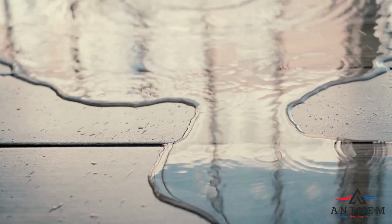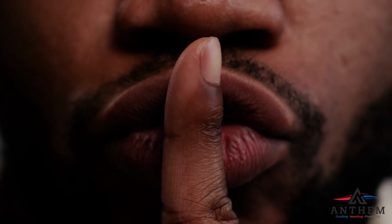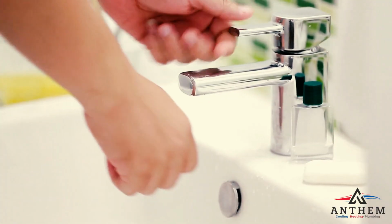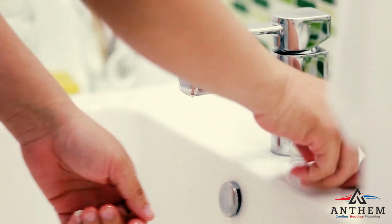It's this simple device that stands between you and an indoor flood. I'm going to let you in on a secret. Knowing how to operate it isn't rocket science. It's actually quite straightforward once you get the hang of it. Let's dive deep into how to turn off the water to your house with confidence, be it for maintenance work